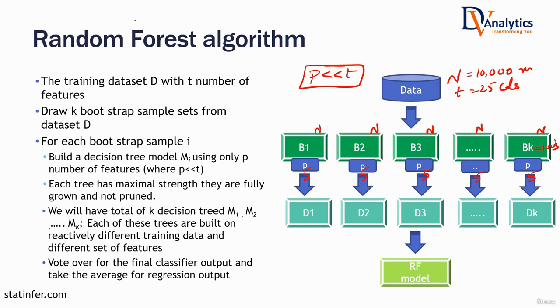However, while building the random forest algorithm, there are some hyperparameters that are in your hand. Those hyperparameters need to be set accurately. Then only random forest will give you better accuracy than decision tree. So what is the first hyperparameter which is in your hand that you need to set accurately? The first hyperparameter is number of trees K. K must be a large number.